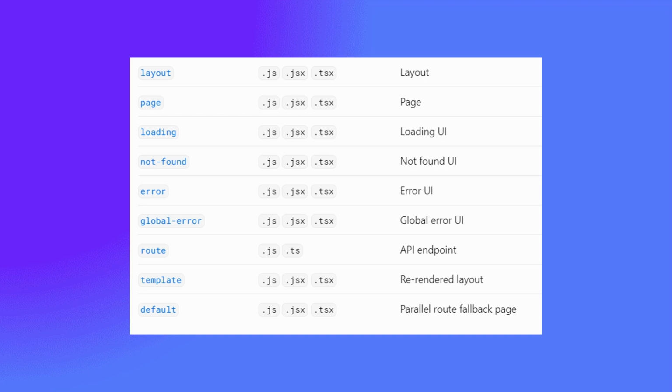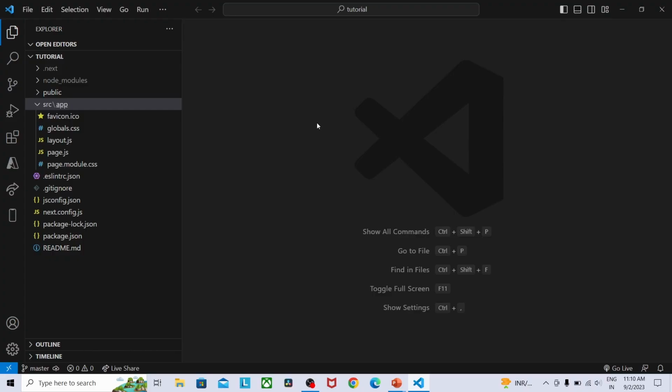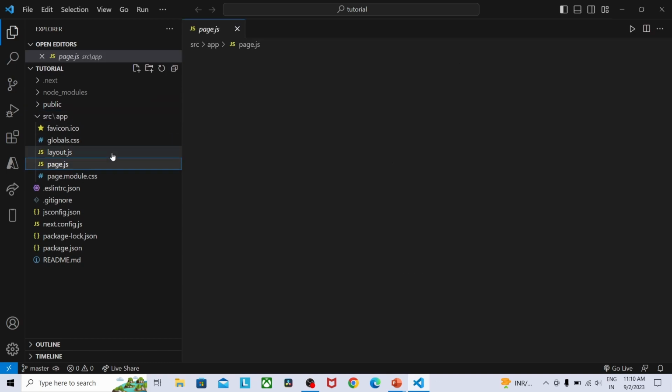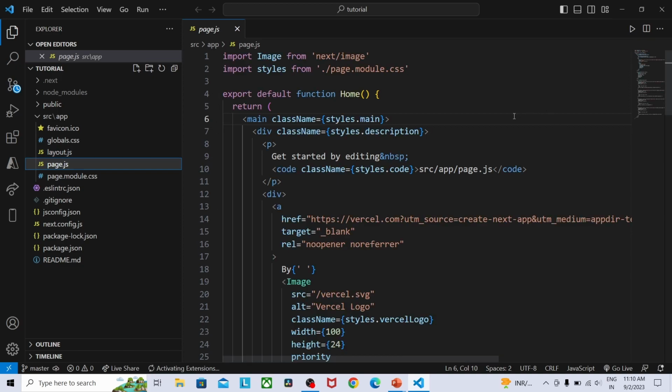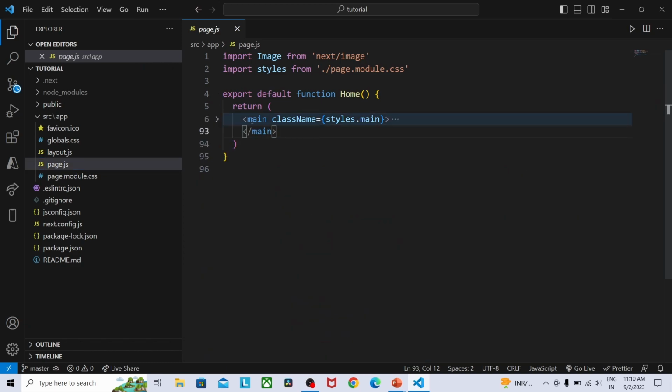Let's start the practical demonstration. So now we are in a Next.js application. Here we have a page.js which will act as a landing page or home page. So I want to change the UI. Let me remove this and let me provide some elements here. So, div tag, home,